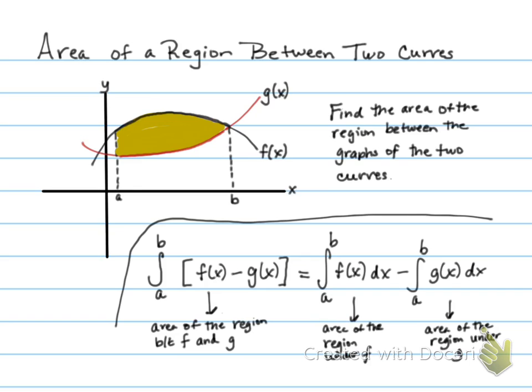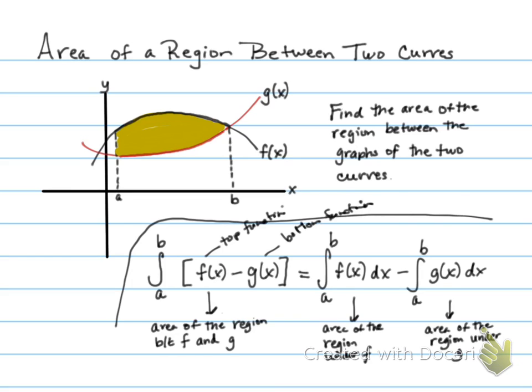it would be integrating from a to b of the top function. In this case, the black graph is the top function, minus the bottom function, which would be the g of x. And that would be the same thing as splitting this integration up: the integral of a to b of f of x dx minus the integral of a to b of g of x dx. Okay, and that's coming from one of the properties of integrals